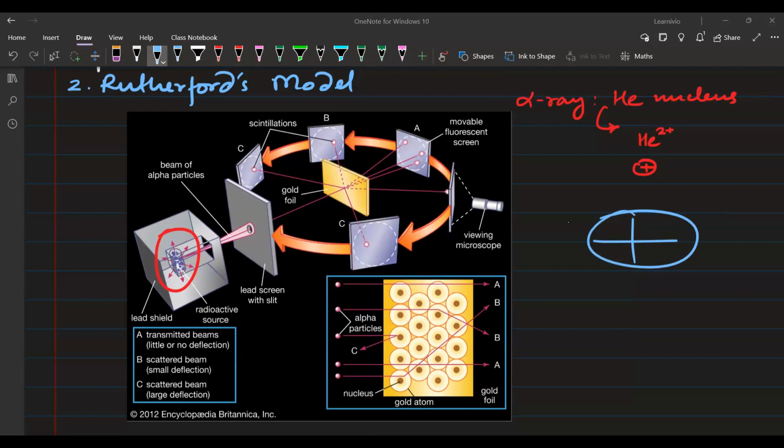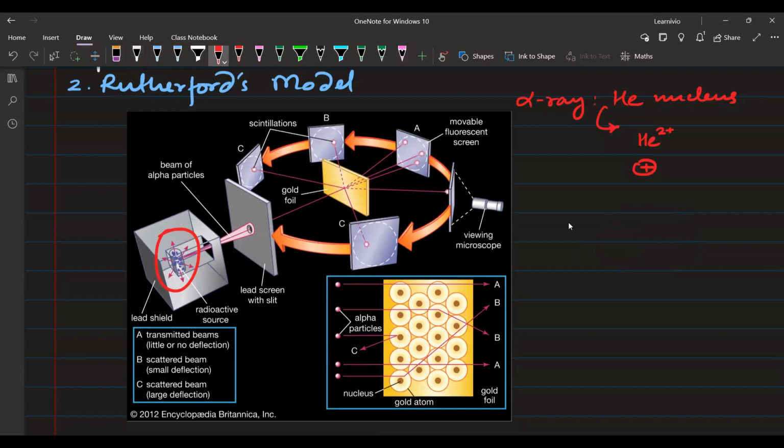go beyond the gold foil, because the complete atom is positively charged, and alpha rays are also positively charged. It will repel them. But that is not what we saw. What we saw was mostly all the alpha rays,